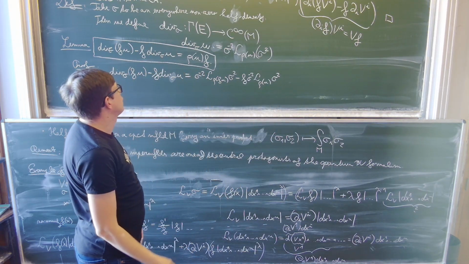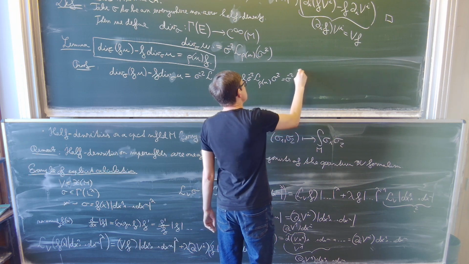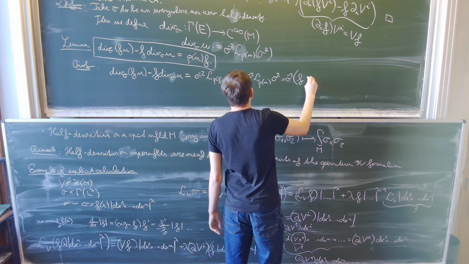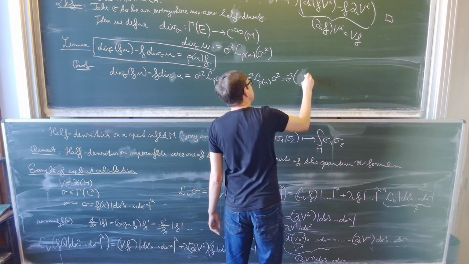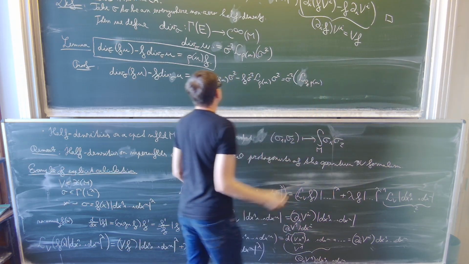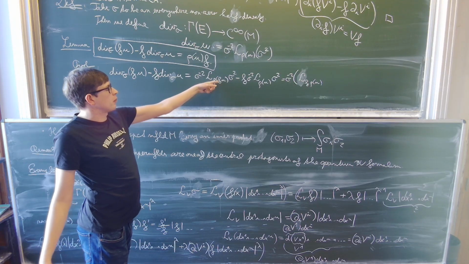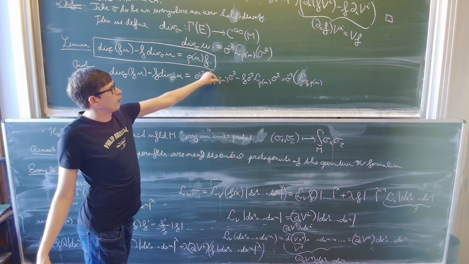So what do I do now? I put them together. So sigma minus 2, and here I can write this as the Lie derivative of f and the rho of u, because the anchor map is a vector bundle map, so pointwise I can take multiplication by a function out,